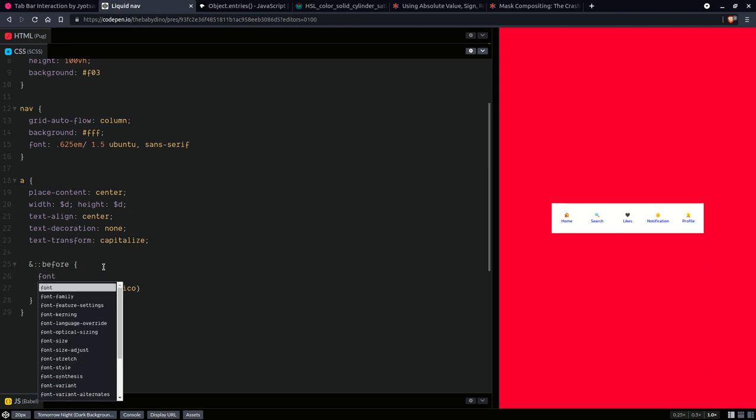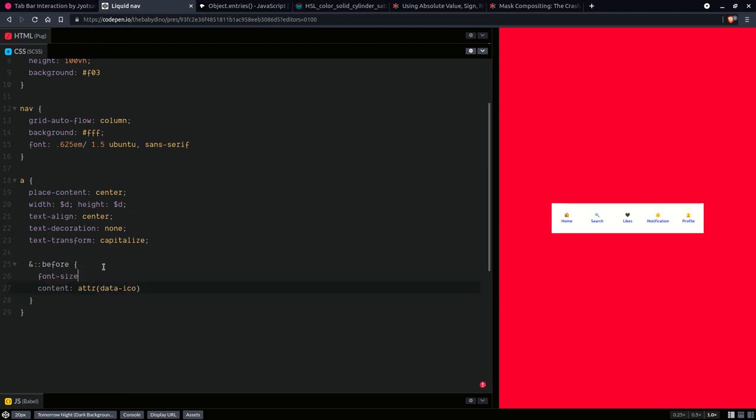Let's also set a font size like this. Make all icons one monocolor. So filter, brightness 0, and this is going to make everything black. Okay, and also we are going to want to get rid of that blue from there, and we're going to set a color,